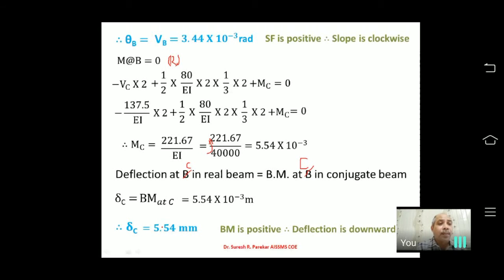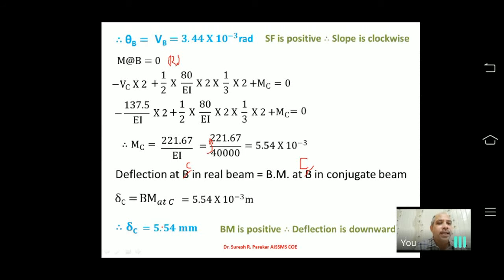So whatever problems we have, whatever loading we have, we should not be afraid of this. And if you see the competitive exam problems, then the loading is not much complicated when they ask for the deflection. Because to find the deflection, it may be Macaulay's method, maybe conjugate beam method, maybe moment area method, maybe strain energy method.